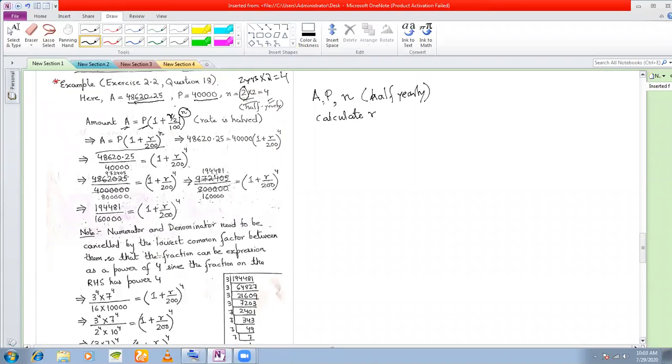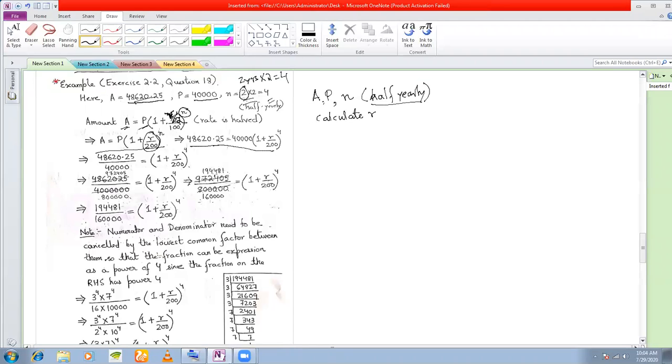Now what I have done here is that I have simply halved the rate. I have divided R by 2 because my interest was being compounded half yearly. So this R by 2 by 100 becomes R by 200. Both the denominators get multiplied. And I put the values here. In fact, I have first divided R by 2 and then put the values. You can do it simultaneously also.